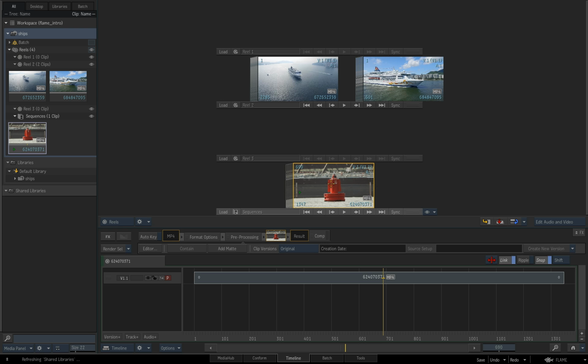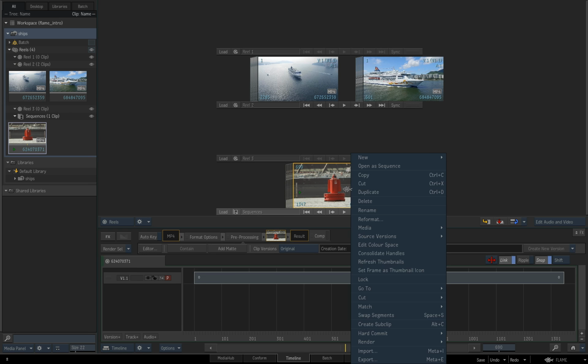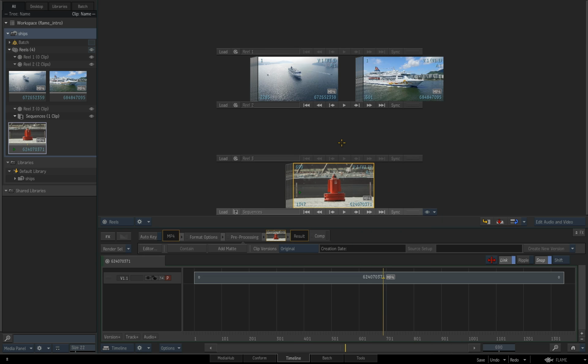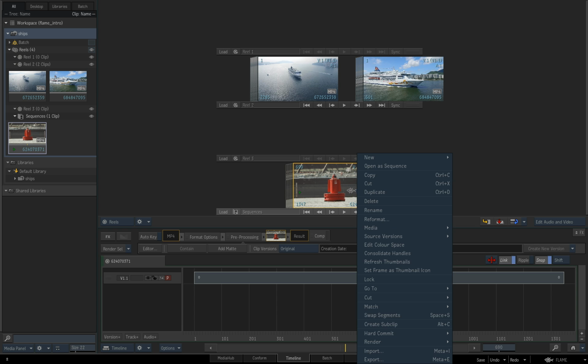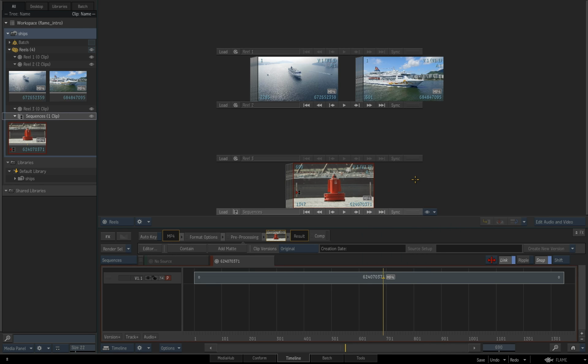If you want to use a clip like this red boy as the starting point of our timeline, we're going to drop it down to our sequence reel. We're going to right click on this. And if you're starting to get a bit of RSI with all the right clicking on the mouse or on your pen, because I'm using a Wacom tablet here, on your keyboard, the Windows key, or they call it the Meta key, if you hold that down and tap, it will invoke that little contextual menu as well. So it's a little bit easier on the fingers, and it gets both hands involved so one doesn't go to sleep. So if we come to our menu option and go open as sequence,